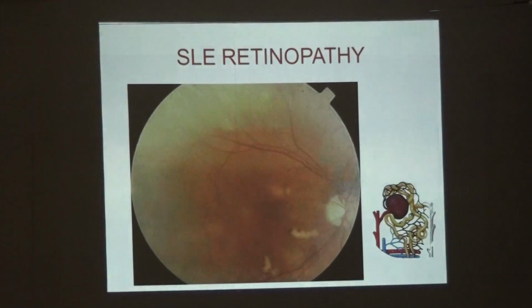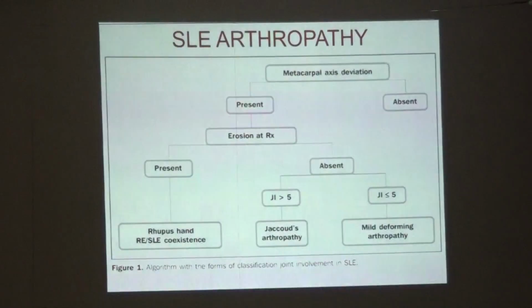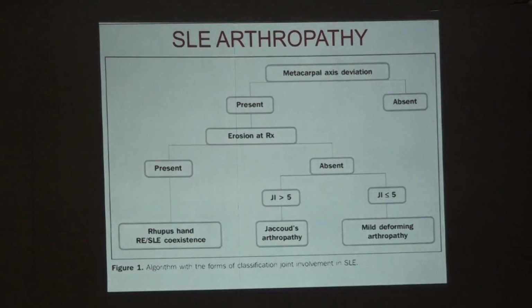In retinopathy, there will be exudates, basically a pale type of background in the retina, and essentially lupus-induced retinopathy along with photophobia and other ocular features. In arthropathy, as we have seen, it's basically a non-erosive type of arthropathy, and if erosion is absent and joint involvement is more than 5, then we can label it as a